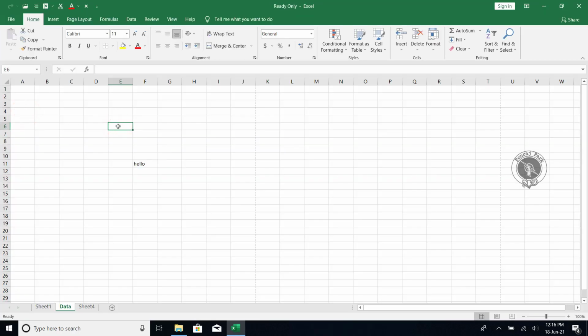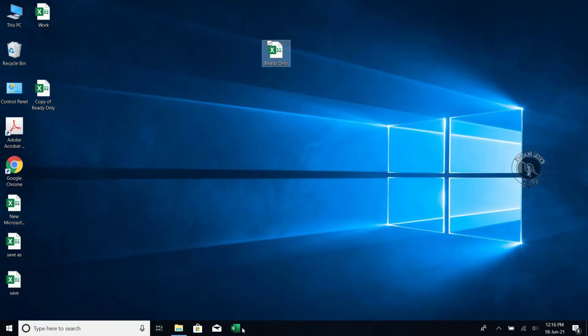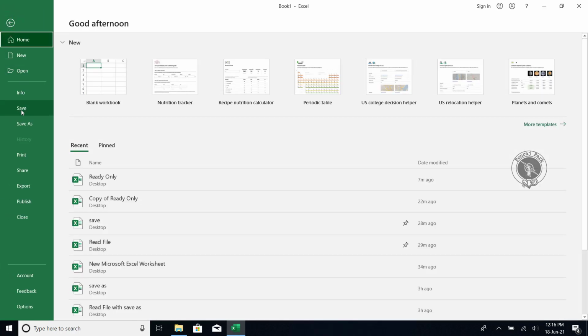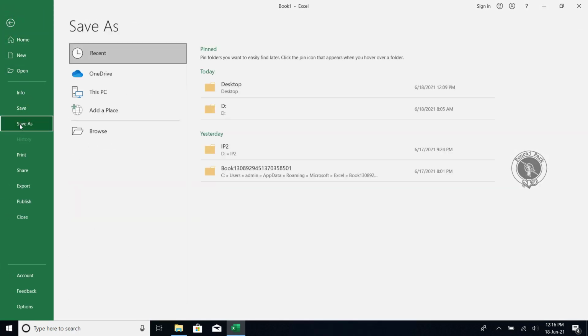Maybe you know, until now I have done lots of save options, like saving a document on my desktop. So you may know, whenever you open a blank workbook, you have to save that file. So okay, I am now opening one blank workbook, and if I write something over here, hello, and then I have to save. The first time when I save my file, it will automatically move to save as. Did you see? Because when it opens the first time, you have no file name for that file, so basically it behaves as a save as only.